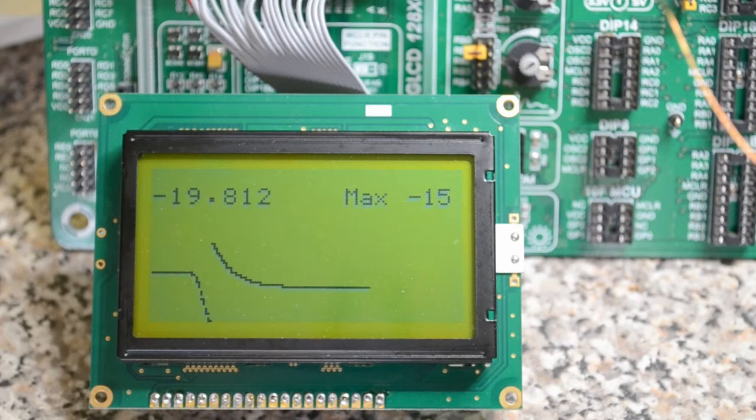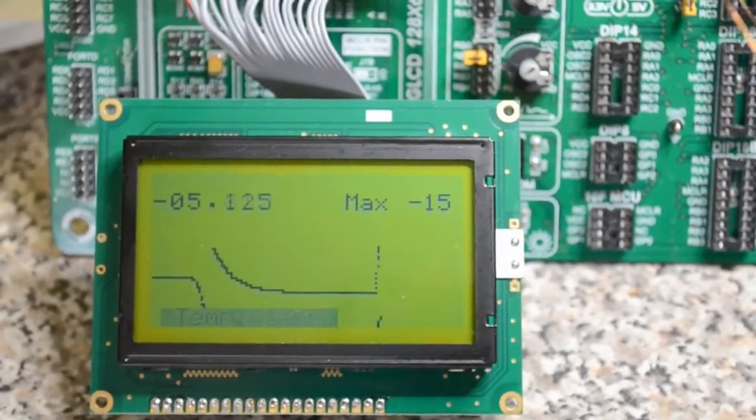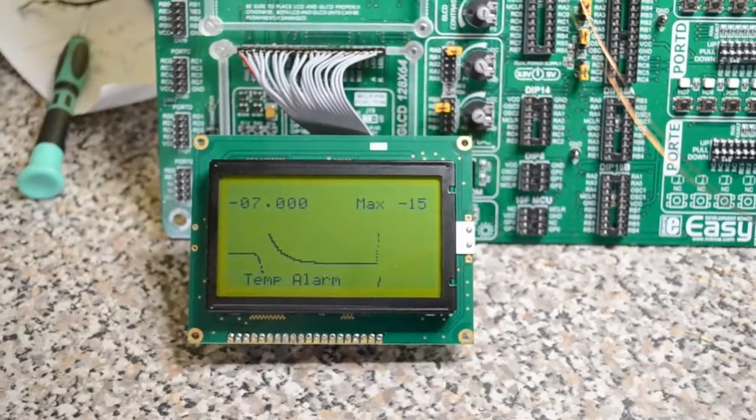I'll take the temperature probe out of the freezer, and you see the temp alarm's gone. So now we've got -4, -5, whatever, which is obviously greater than -15. So what I've done in the code, if I just zoom out a bit,